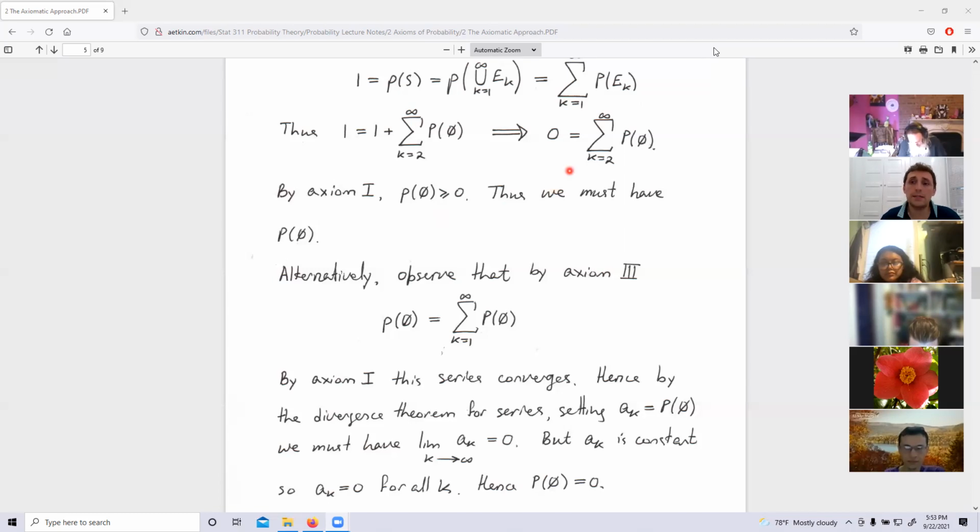So what must be the case, that's called the divergence theorem. It must be the case that the sequence of terms that you're adding up has to go to 0. Remember, guys, how we did it, right? Infinite series are defined this way: A1 plus A2, A1 plus A2 plus A3. I don't look at the infinite sequence in calculus. I just define it as a limit of partial sums. Now, the only way this limit can exist is if the gap between S1 and S2, between S2 and S3 and onwards, is decreasing to 0.